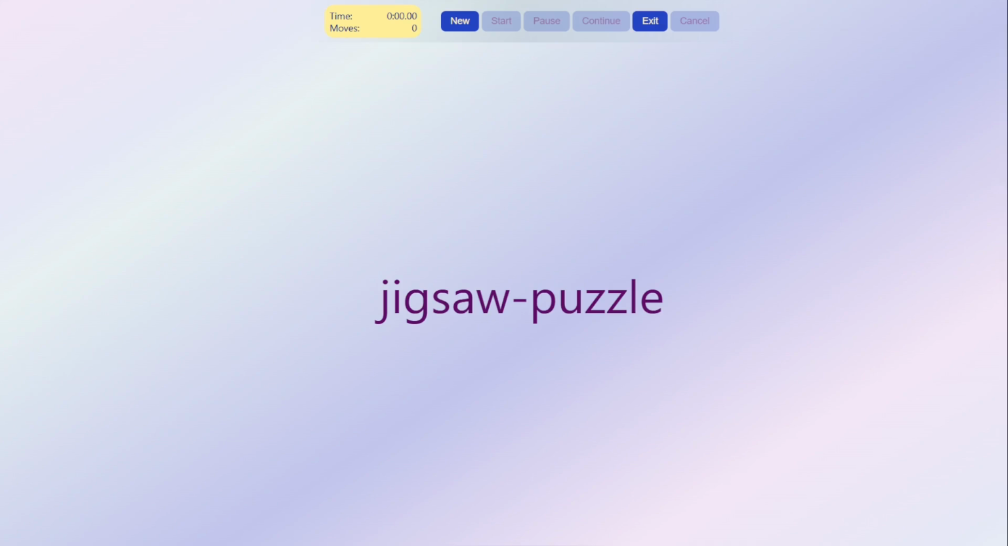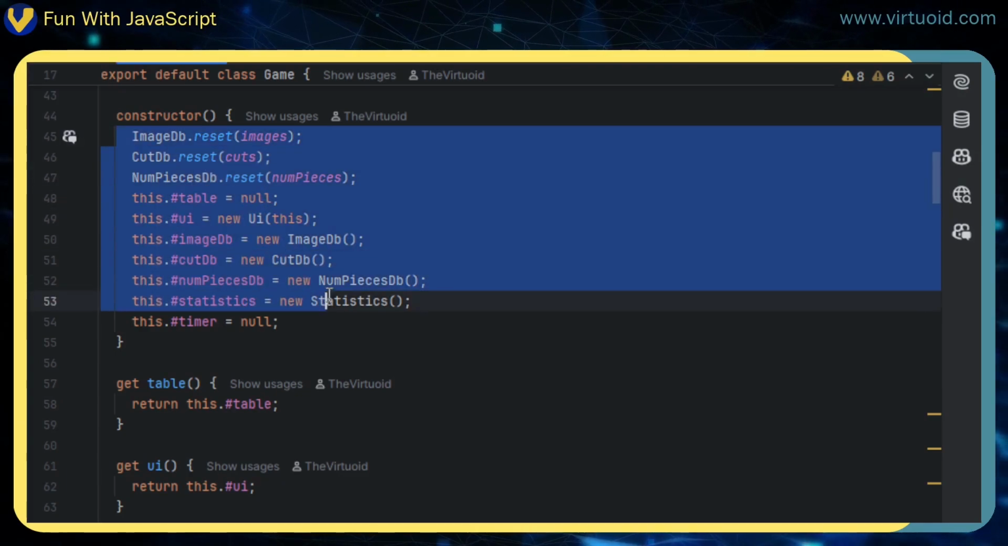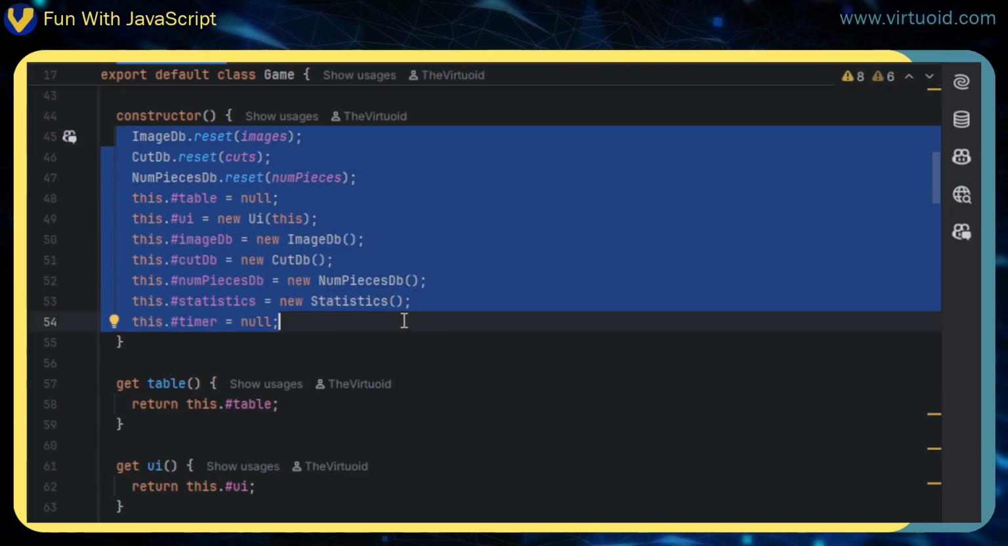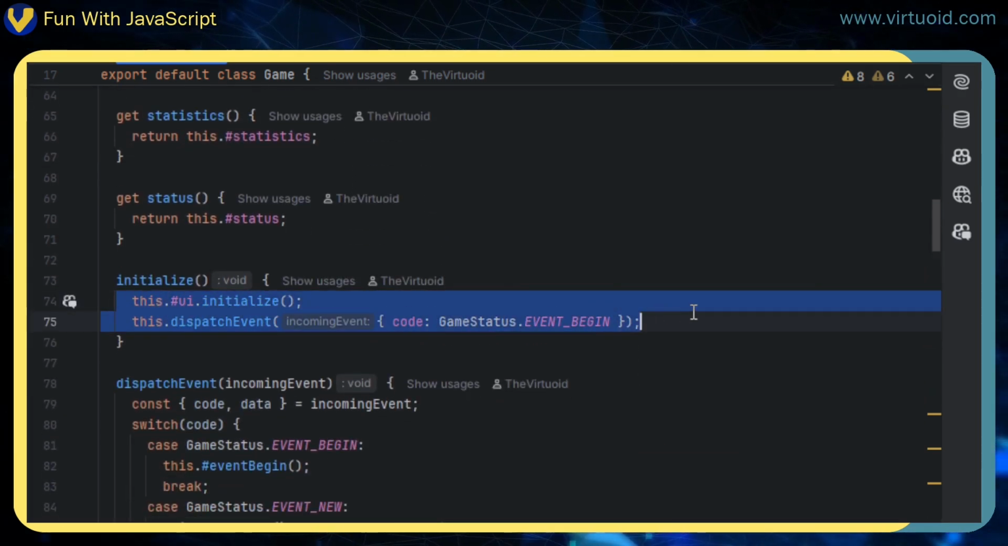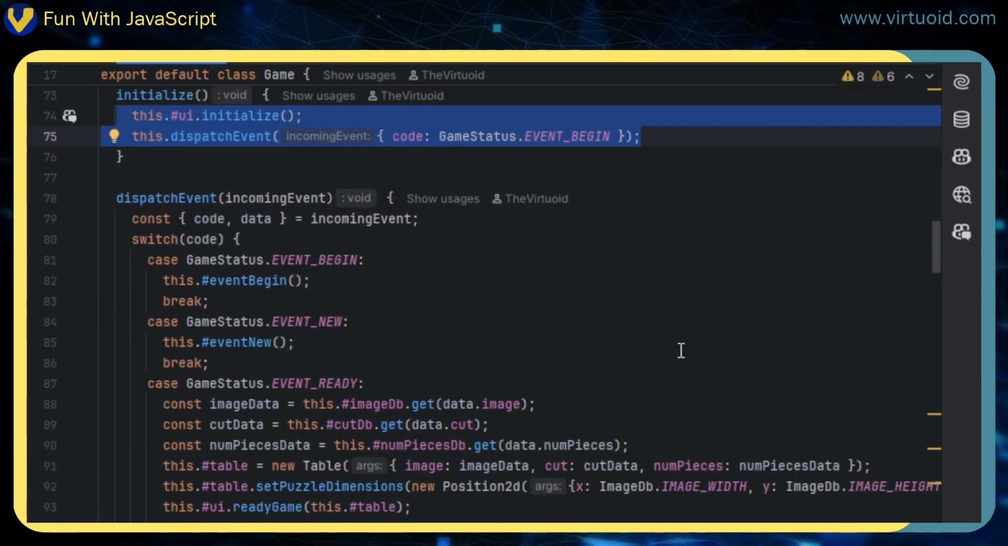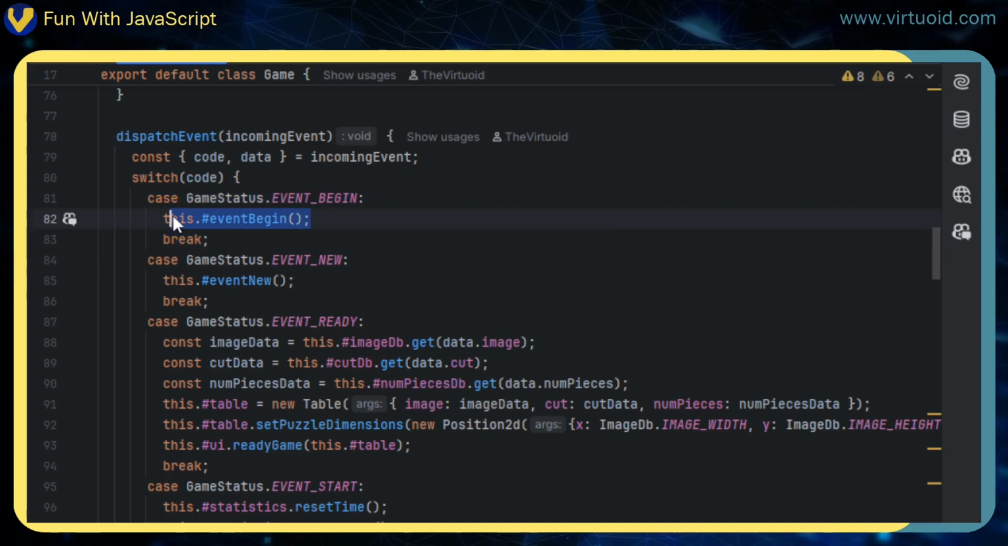So we click on the jigsaw puzzle, and where we are inside the code here, all we've done is the constructor for the game. We're inside the game class at this point, and we've done the constructor itself. We have initialized the UI, and we've dispatched an event called event begin. That's this right here, which means we go to the event begin